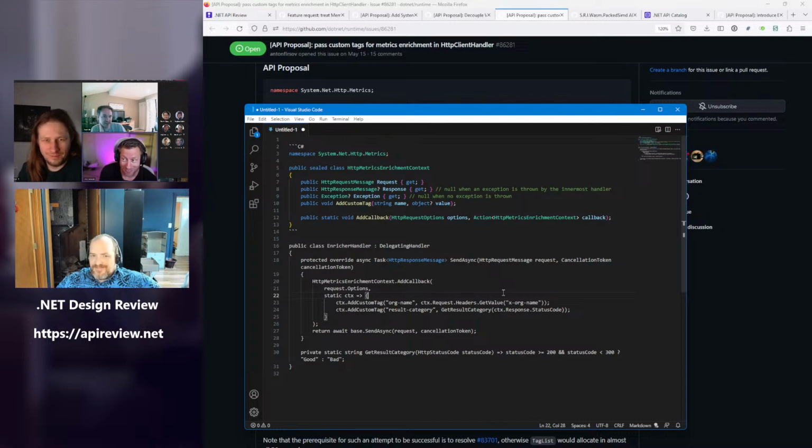Maybe, in options, and include the namespace. Visual Studio might still show you even if you haven't included the namespace. But if you know you want a metrics enrichment context and you're already looking at the type, the fact that it has this static add callback on it is right there in your face. It's all contained within the one type that's doing this work, and I think that's actually increasing discoverability.